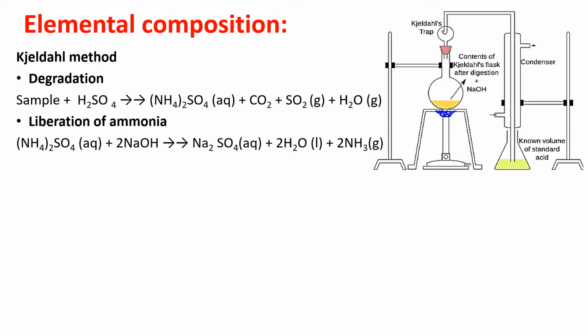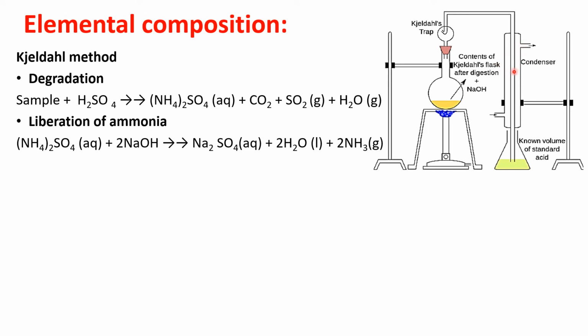The RBF contains ammonium sulfate and here we are boiling it with NaOH. On heating with NaOH, as I have told you, sodium will form a bond with sulfate to form sodium sulfate and ammonia will be free. This free ammonia will travel from the neck of this RBF into this vapor tube. As it goes away from the RBF, this vapor tube is connected with a condenser.